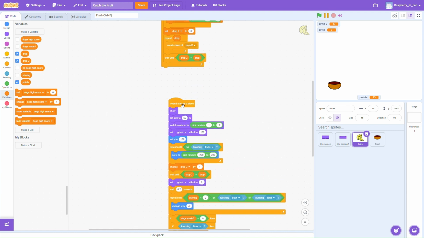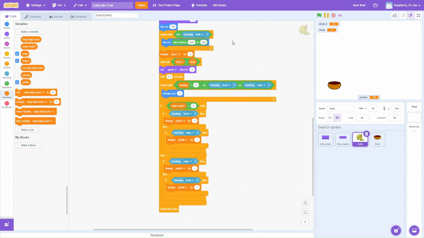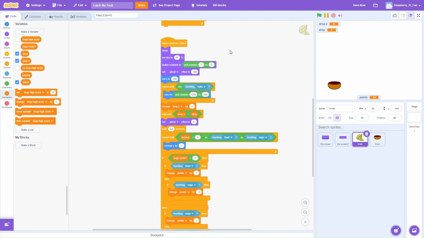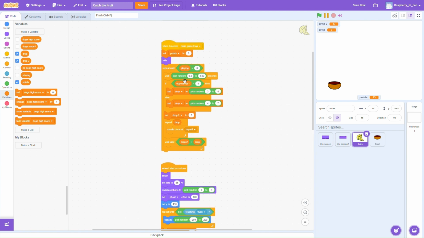Welcome back to Building Code with Ethan, and I will be showing you the bug fixes. So first, what I did was I changed up the code a little bit by setting it to Y130, then it moves around until it finds a good X position, and I made drop 2 and change drop 2 by 1, wait until drop 2 equals drop, then you can set your ghost effect to 0, wait 0.2 seconds and drop. And over here I made a little bit of a change, you set drop to that, drop 2,